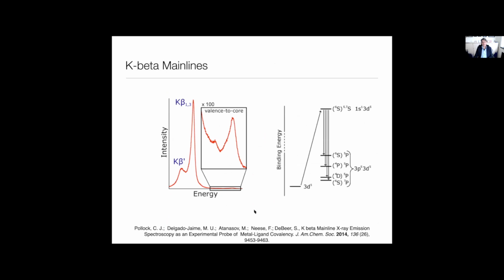What's happening here is that there is the initial ionization, and then you create another unpaired electron, and that unpaired electron can couple to the unpaired electrons in the metal d shells. For example, if you have a 3d5 system, then after the ionization you have 6 unpaired electrons, and that creates states of quintet and septet multiplicity, and then the K-beta can lead to a whole series of multiplets that are all observable.